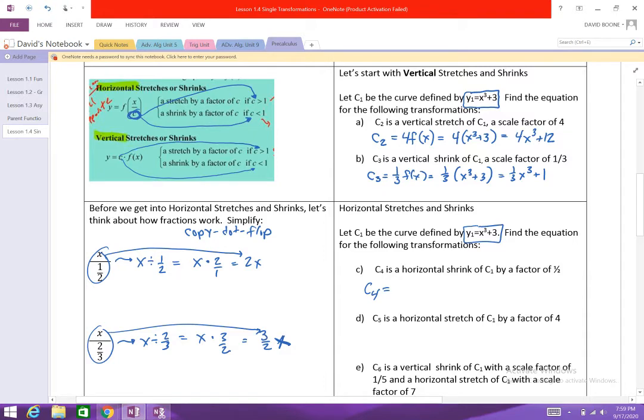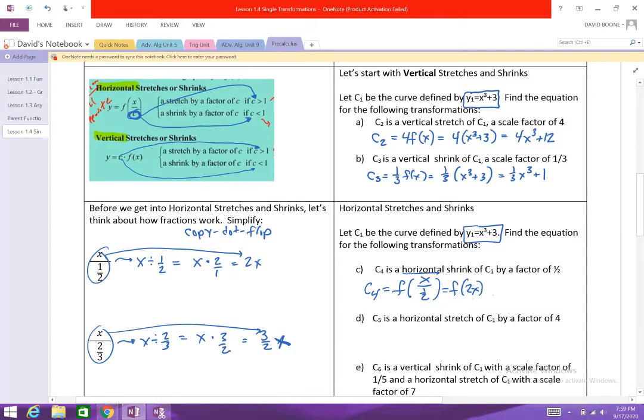Okay, so now remember up here, horizontal shrinking is a factor less than 1, the C value is less than 1. So I want a horizontal shrink of 1/2. So really what I'm doing now, because it's horizontal, I got to put it within the function. So I'm going to go f of x divided by 1/2. So again, that sometimes confuses people. They don't like that. It's just too much gibberish in there. So again, you do the copy dot flop thing in here, this x divided by 1/2 like we did over here. And this is, again, really the same as f of